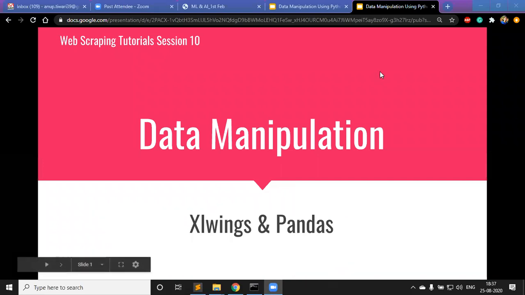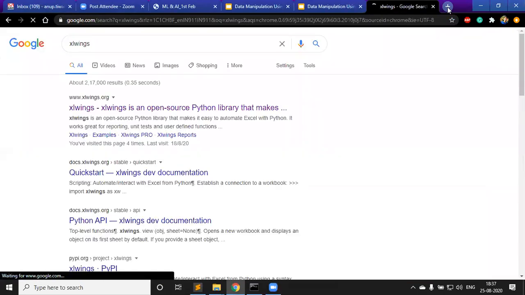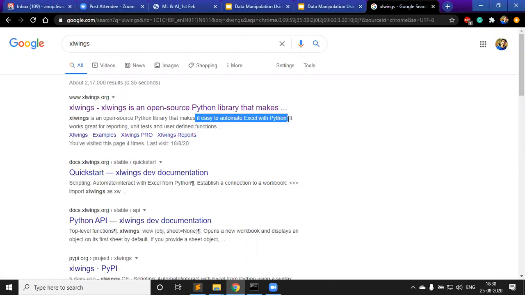So Xlwings is, if we just search it here, right? What is Xlwings? Xlwings is an open source library that makes it easy to automate Excel with Python. Okay, so basically,